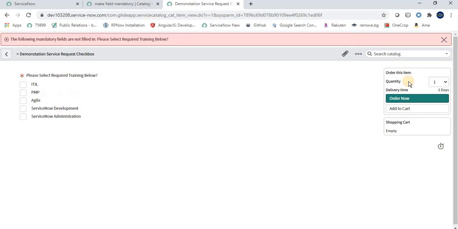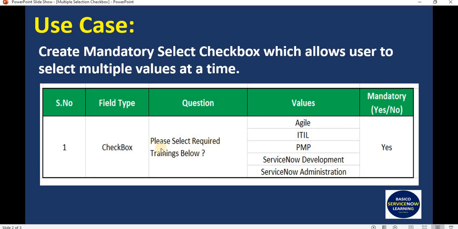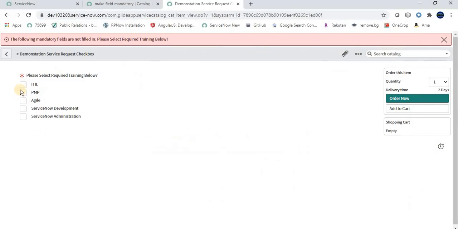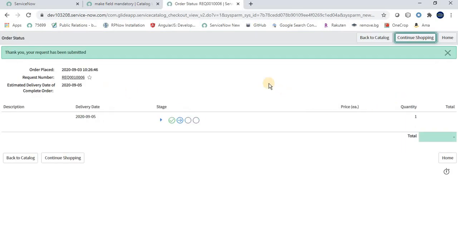If I click on order now without filling in the values, it says please select the required training below. So here it is working. Okay, or here you can select multiple values and you can submit it. See, done. Okay, so in this way you can implement this particular field in a service catalog, right?